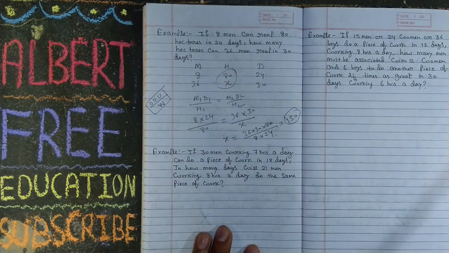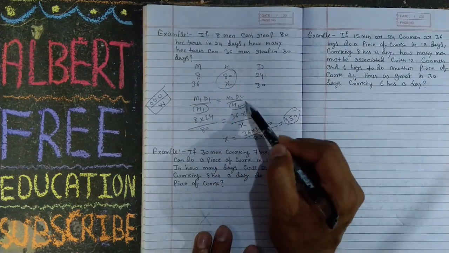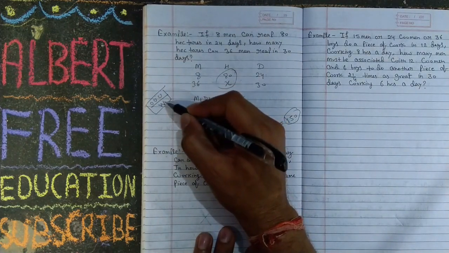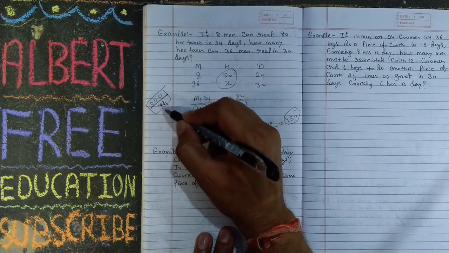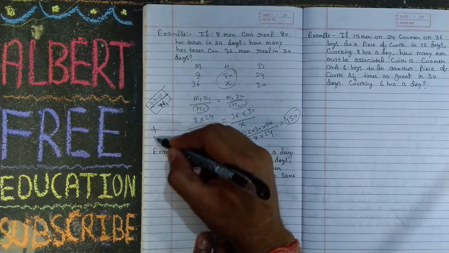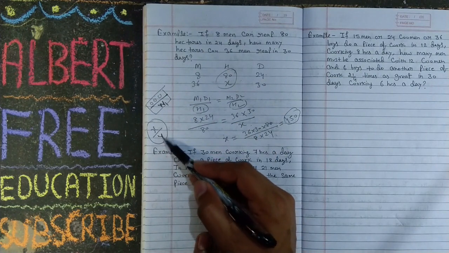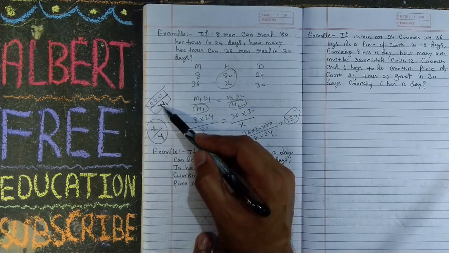Now the question is, why have we written this H1 here? You have to remember, every time the weight will come here, means in the denominator. This is the numerator and this is the denominator, that this is the fraction. In the fraction, the numerator will come here, and in the numerator you will write the weight.